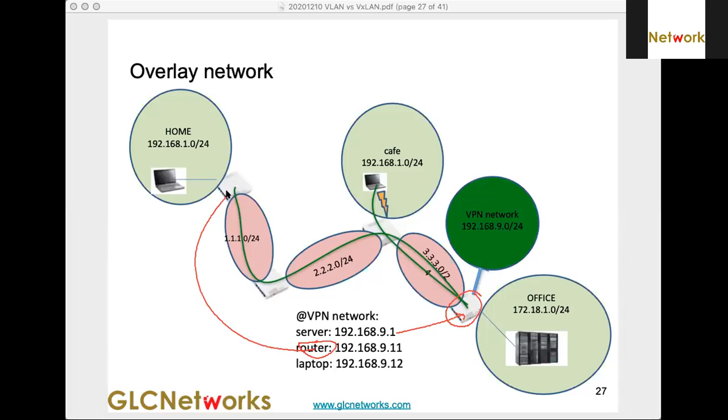The router will get this IP address, and then the laptop here in the cafe will get this IP address. Okay. So at the laptop in the cafe, you will have two IP addresses. The first IP address comes from the cafe, the second IP address is from the VPN network. So that's an example of what an overlay network looks like.